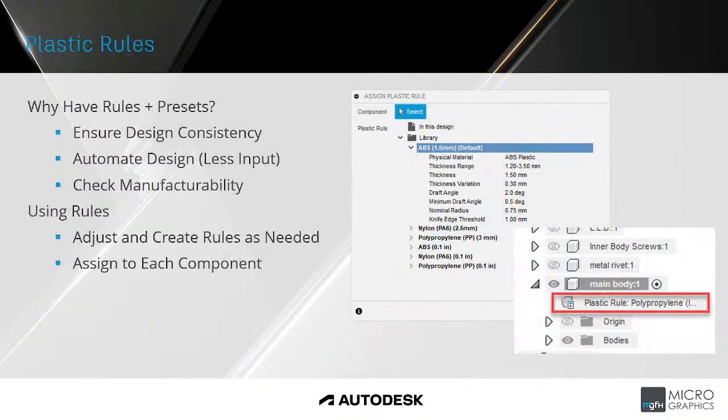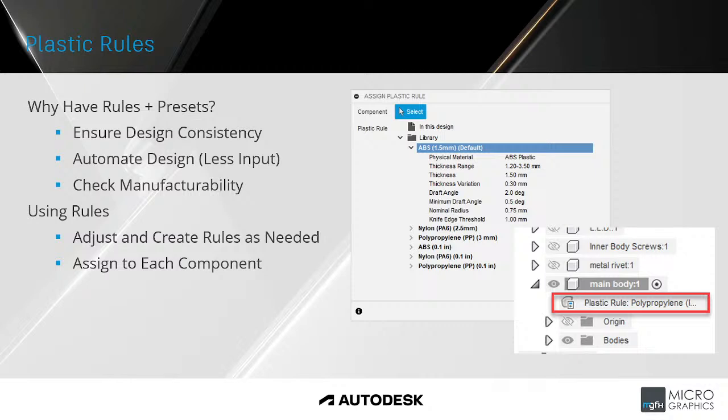So moving on to the first section that we will have a look at, and that is the plastic rules. For those that have worked with sheet metal, it's very similar to sheet metal, where you would set up a set of rules. So if I had to draw comparisons from a sheet metal side, you set your sheet metal thickness, you set your bend radius, where here with your plastic rules, you would set up your plastic material, so the actual material itself. You would set up the thickness for that material